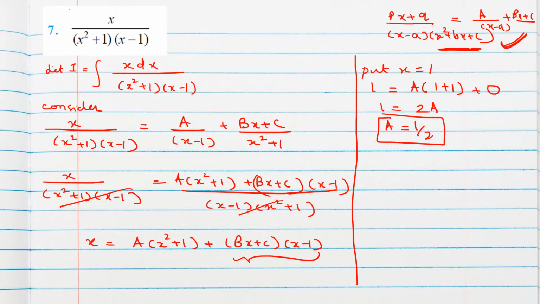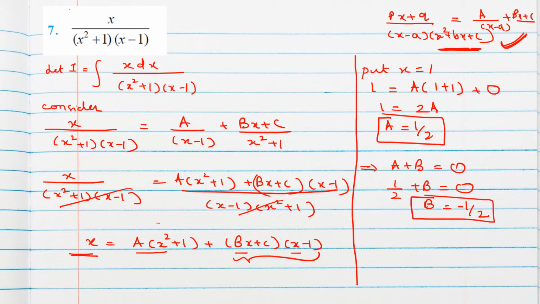Okay. Now here we cannot remove the A term because the square is there. So whatever value of x we substitute, that will give some number. So what you can do here is compare the coefficients. If you open this bracket, Bx into x, Bx square will come here, and A x square, that means the x square coefficient will be A plus B. Orally you can check. And here the x square term is not there, that means we can write A plus B as 0, but A is half. Already we got the value of A, so B will be minus half.